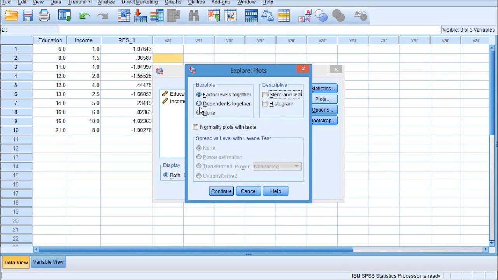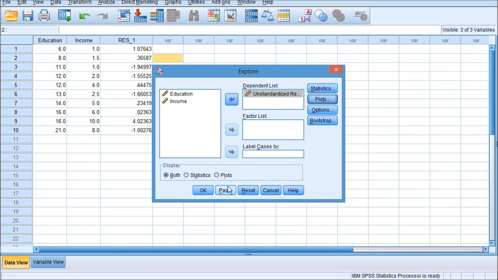Click this None for Boxplots, and mark Normality plots with tests. We need some statistics from this normality plot with tests. Click the Continue button and click the OK button again.